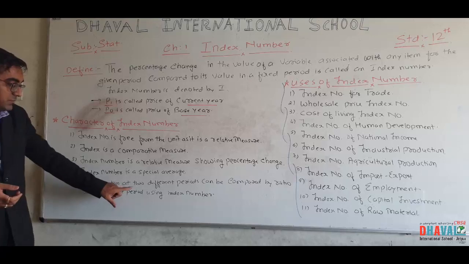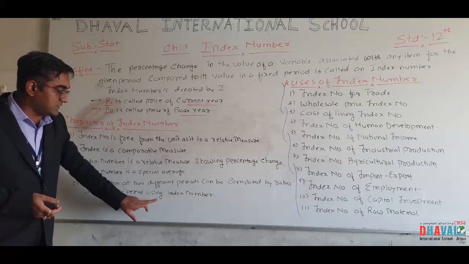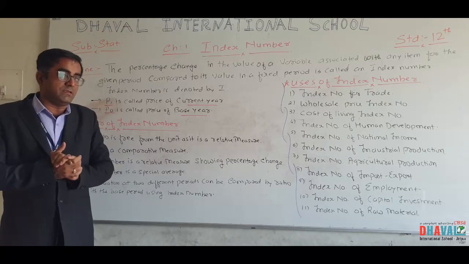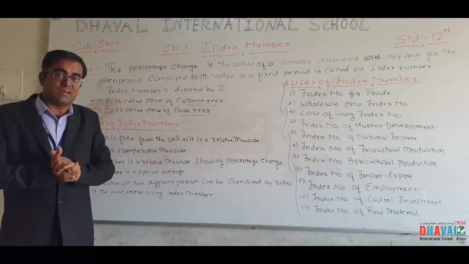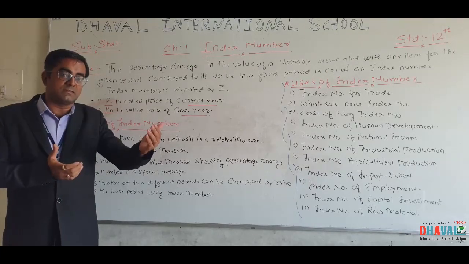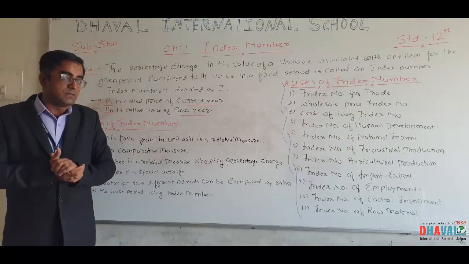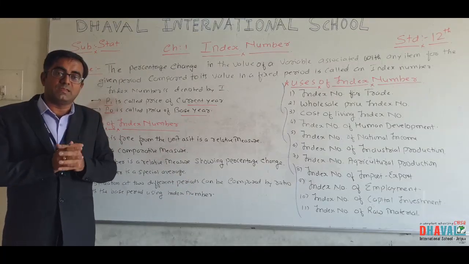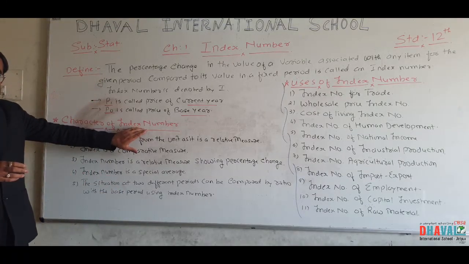The situation at two different periods can be compared by ratio with the base year using the index number. With the help of index number, you can compare any two years' data easily. By comparison, you get the idea of what is happening in the current year scenario: whether inflation is going to increase or decrease, to buy or not to buy, whether it is costly or cheap, because without comparison you cannot calculate the real price of any item. So these are the 5 main characteristics of the index number.